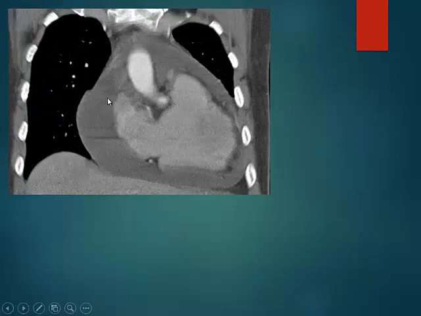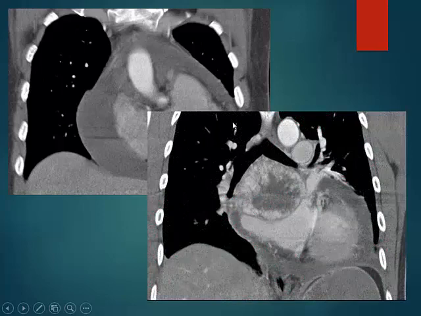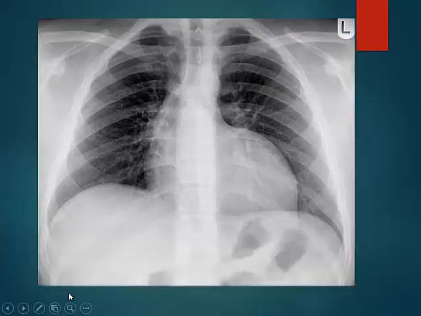You can see fluid in the pericardial space all around. And the cause of this was lying just behind the heart. And this large tumor in the subcarinal region posterior to the left atrium. This large tumor is causing the pericardial collection. Okay. This X-ray here,